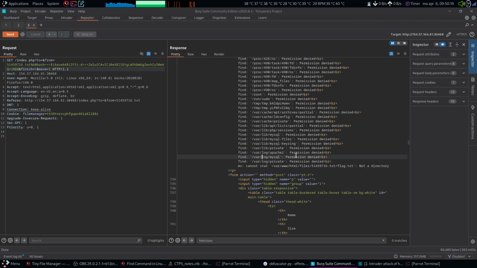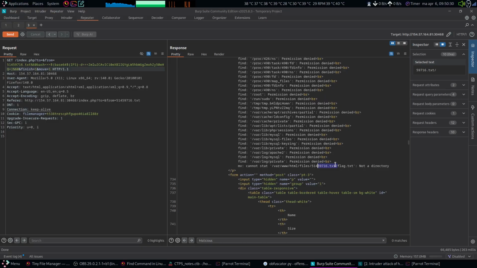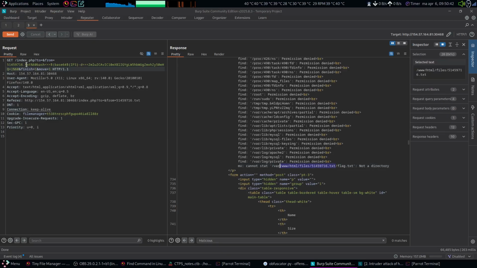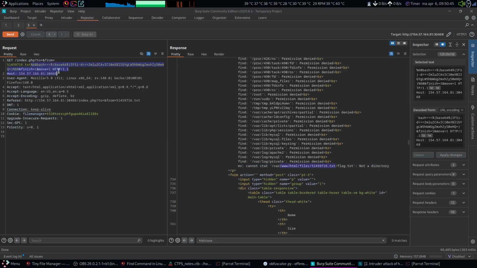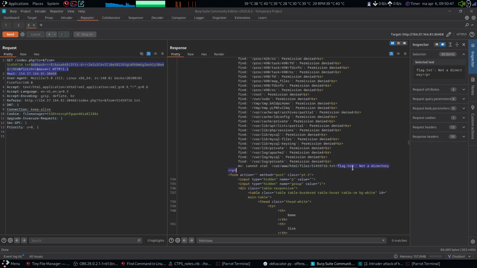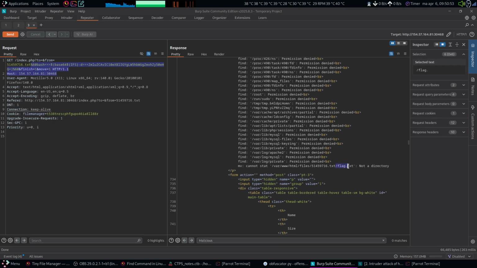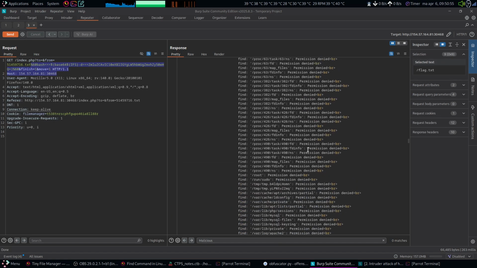At first I didn't see that, but it's trying to essentially append the output of the command to the back of the full path of the file, because I have the file right over here and I have the command right behind it, so that's why it's trying to append it to the back of the file. So this is essentially where the flag.txt is, and yeah, the find command definitely worked this time, even though there's like